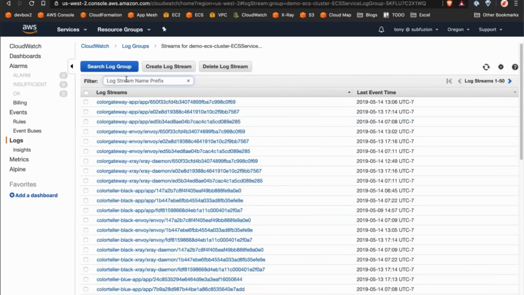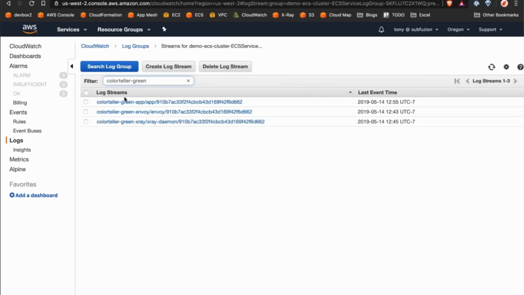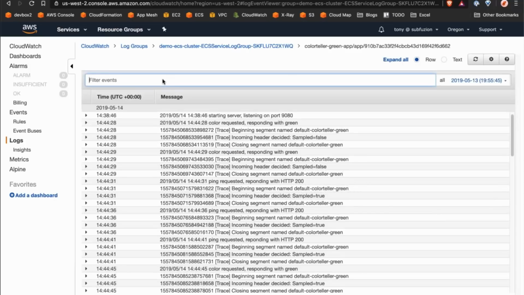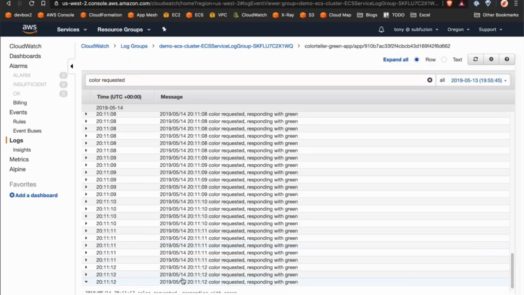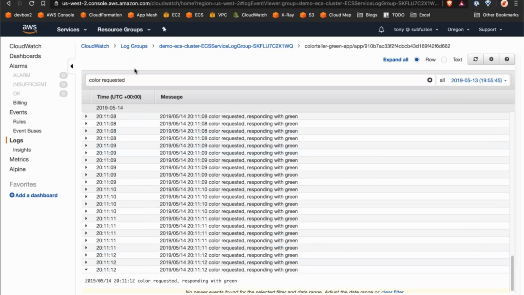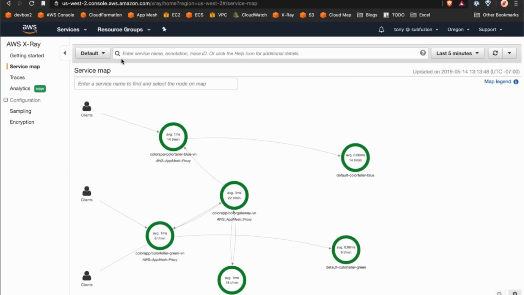So I might take a look at color teller, green. And I'm happy. I'm seeing what I expect to see. I'm not seeing any problems. So I'm looking at my logs. I am able to look inside of X-Ray to take a look at my requests in my service map and feeling confident about this. So at this point,